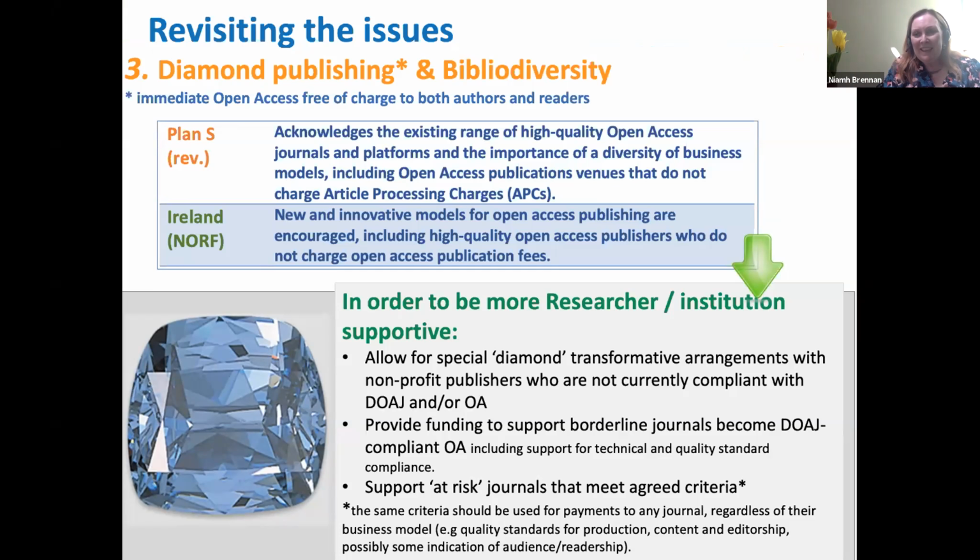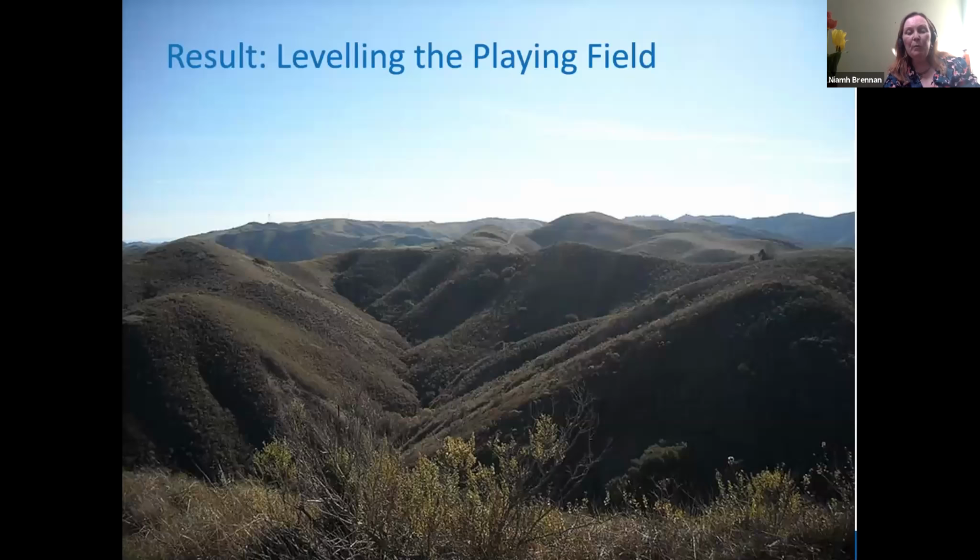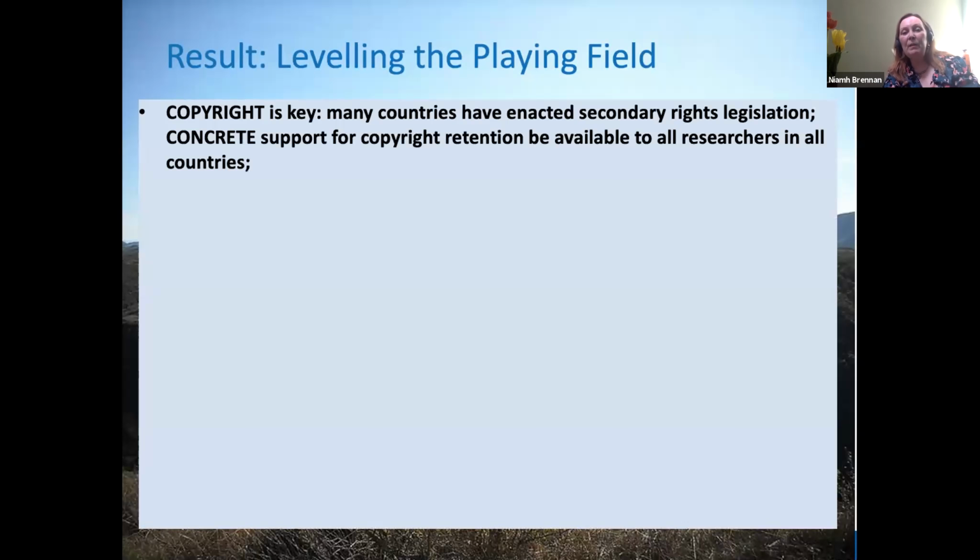There's an infrastructural requirement here that would help those at the University of Iowa or whoever it is down in County Limerick to run their journals, which are obviously important to our researchers because they're publishing there, right? So they need support in order to keep going, and they need support in order to become DOAJ compliant. So we have to help them further down the stream before they actually get to this thing. And we need to find ways to support at-risk journals that meet the criteria, if you can find them, before it's too late. This will result in leveling the playing field.